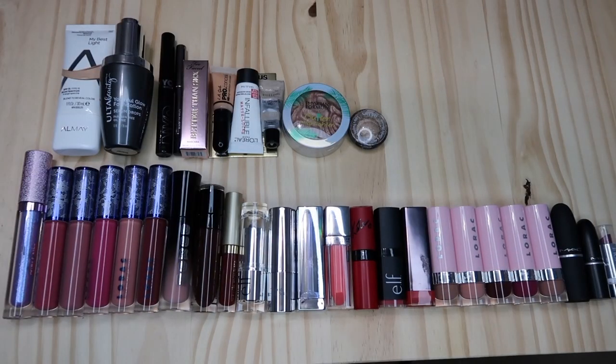Here's an overview of all of the things I am decluttering from my collection. I have so many lip products here. This makes me feel so much better. A lot of these are so old and I can't use them anymore, and I'm so upset about them because I really enjoyed the product itself, but I just can't go through that many lip products in a certain amount of time. So I really need to focus on the ones that I have, get rid of ones I don't want to use,